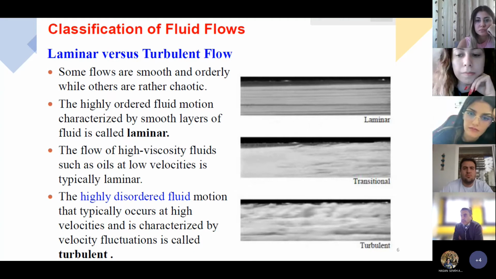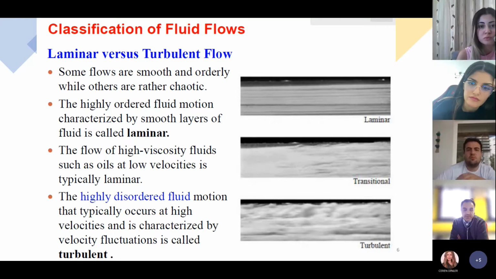Now let's talk about the classification of fluid flows. Based on different features of flow, we can classify fluids in different categories. Here, the feature of velocity is considered, and then we classified flow into laminar and turbulent flows. You see,